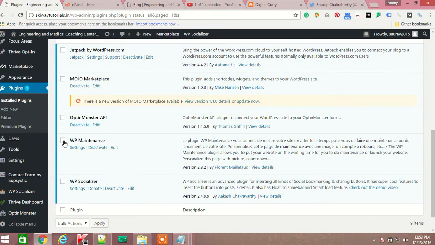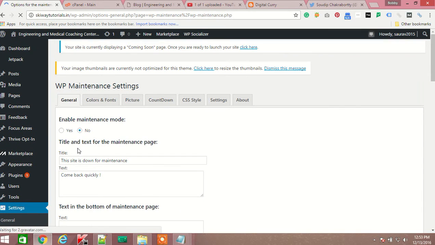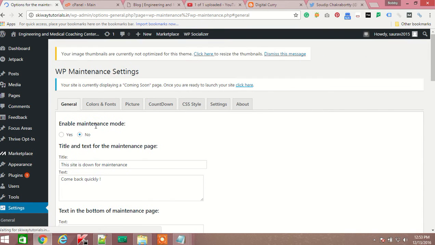Now this option is showing here, WP Maintenance. You have to go to the settings option and enable this mode.